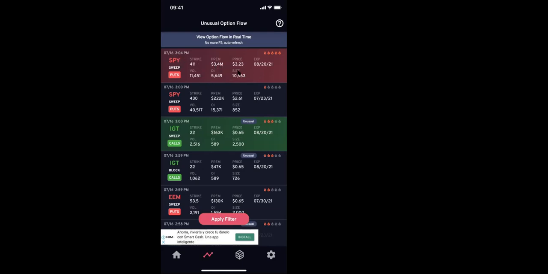And at 304, it literally was like somebody came in and spent $3.4 million on puts. All right, so options flow, it's another thing that we do not know if they are buying or selling. So this could have been somebody releasing these puts against the SPY because it did kind of hit a point